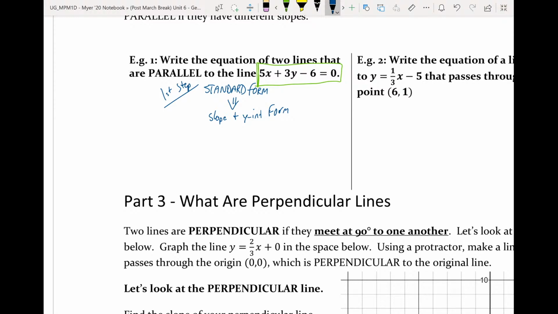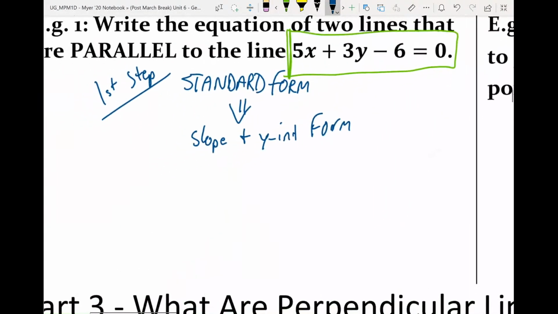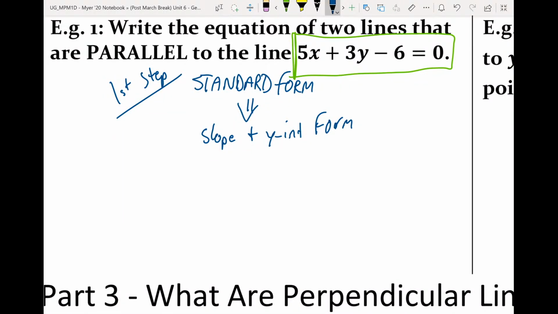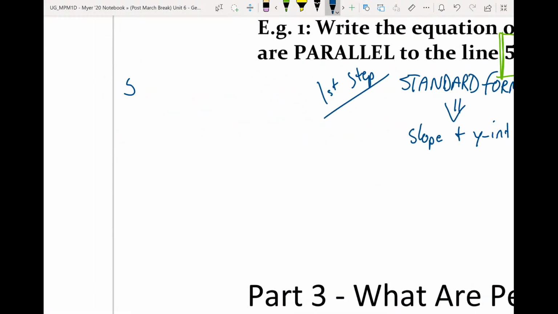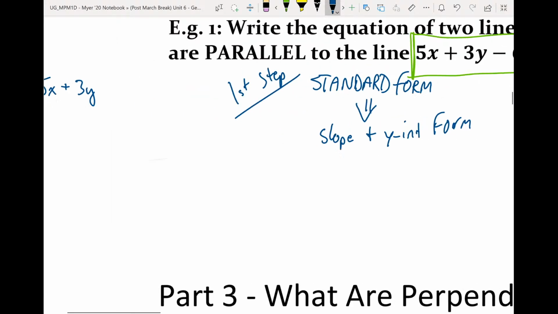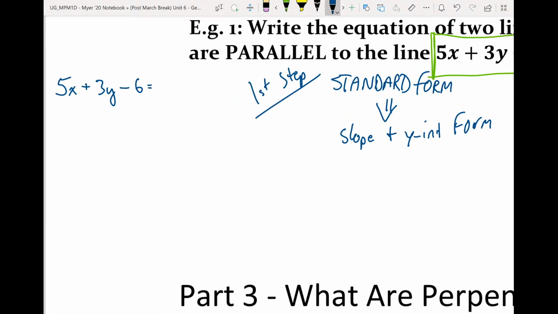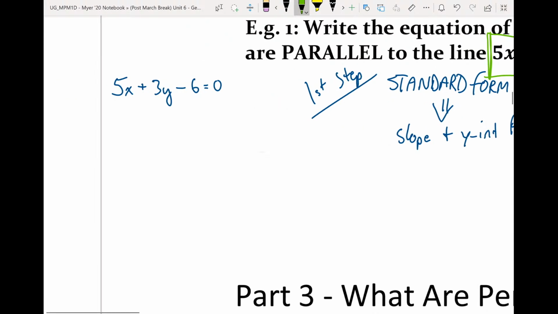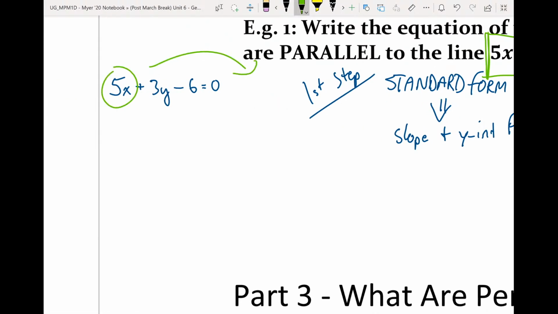So I want to get it so it's in the y equals format. So if I have 5x, I'll rewrite it off to the side here. So I want to get into the y equals format. So I'm going to shift a few things over. I'll take these guys and get them to go to the other side. And that'll go to the other side as well. And when it goes to the other side, it changes signs. So I'm left with 3y is equal to